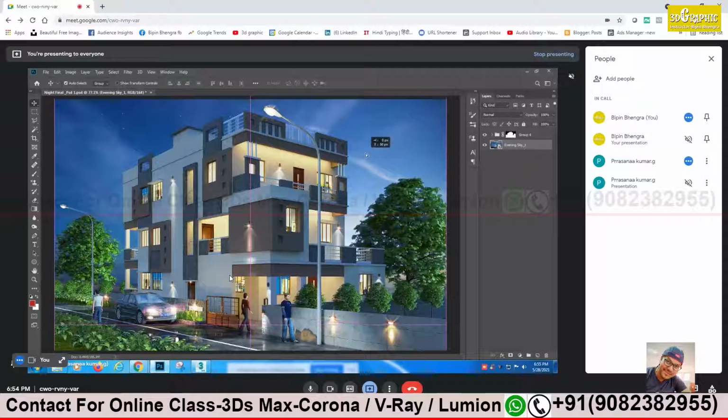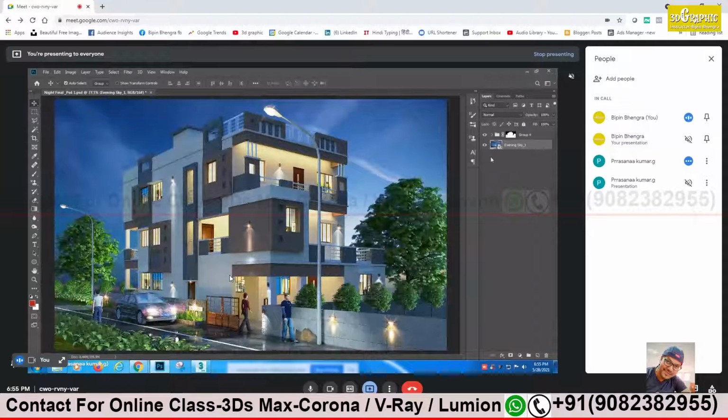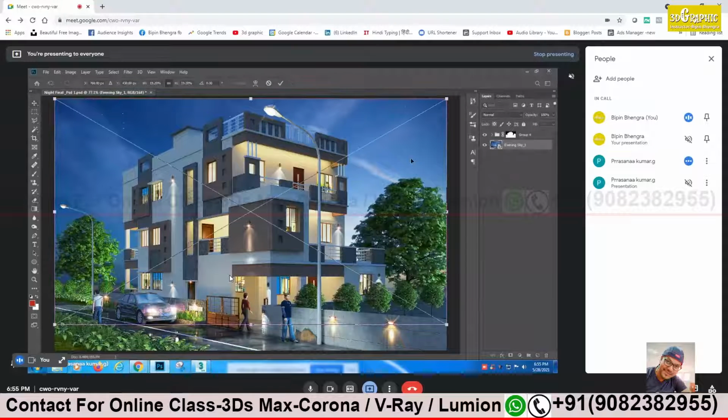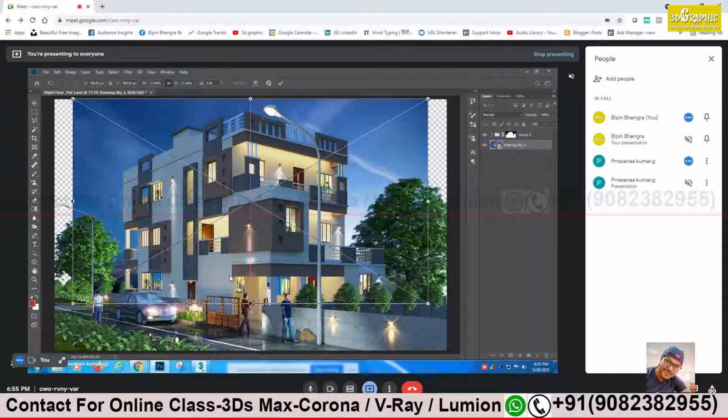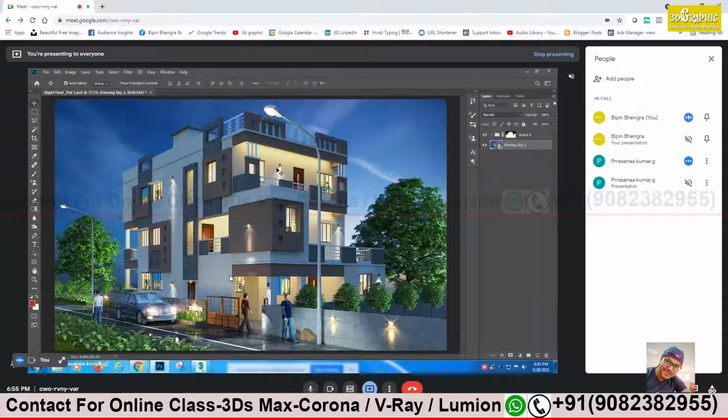Zoom out a bit. Can you scale this image, the bottom one? Can you just scale and adjust? It is Control T. Yes, okay. Or move it just a little bit up. I want to see the horizon line, the base where the sky and the ground meet. I want to see that line. Yes, a little bit. Perfect, perfect.